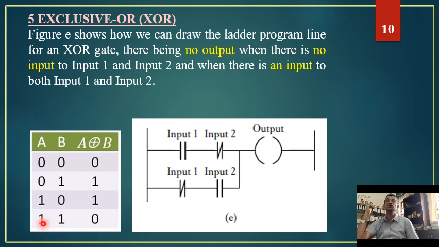That is condition 4. Input 1 and input 2 both are available. When input 1 and input 2 are both available, this turns closed, this turns open. So one of the switches in series is open, that is why there is no output. Same thing happens even in the second branch, that is this turns open, this turns closed. Input 1 has turned open, that is why there is no flow of current. So when both inputs, input 1 and input 2, are available, one of the switches A or B is turning open, hence there is no output. So that is why we get 0 over here. So this is how the XOR condition works.